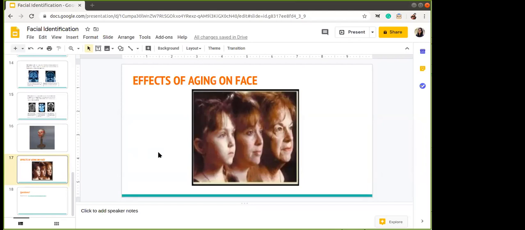Teeth definitely play an important role in facial reconstruction, and here I would like to explain one thing. In case there are no teeth in the jaws that you have recovered with the skull, yes, you can estimate their size on the grounds of the sockets that are there, but it will be more of an approximation, and it will add more range to what we are trying to build on that skull.